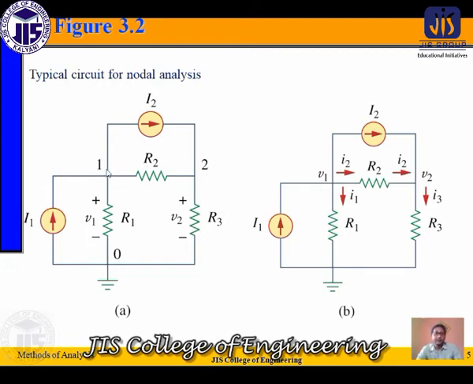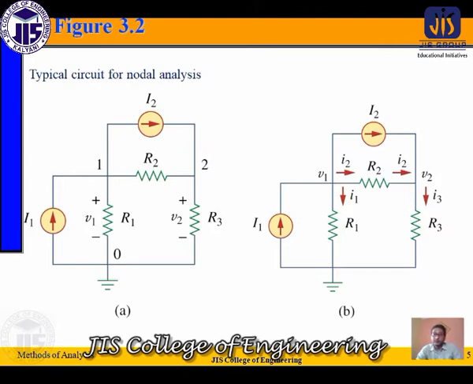Similarly, at point 1 here, branch 1, branch 2, branch 3 and branch 4, 4 branches meet together, so we can consider this as a node also. Similarly, at point number 2, 3 branches meet together, so we can consider this as a node also. So simply we can say there are 3 nodes.